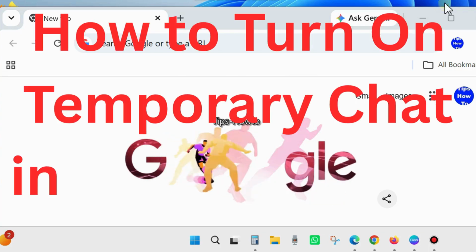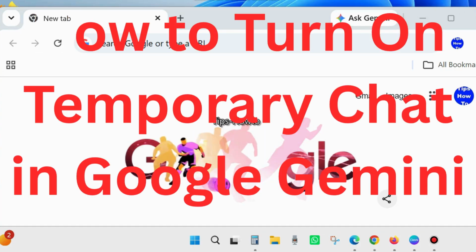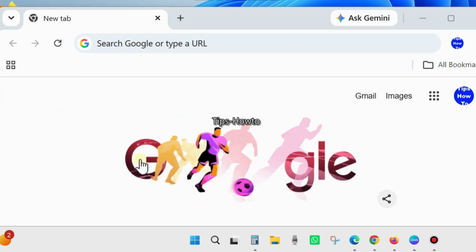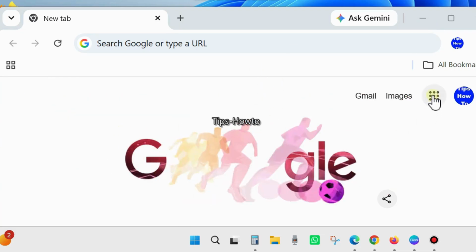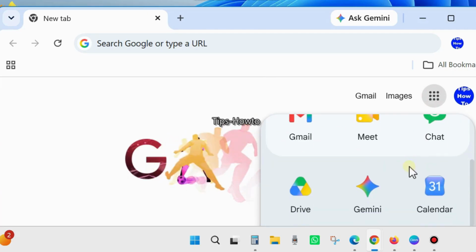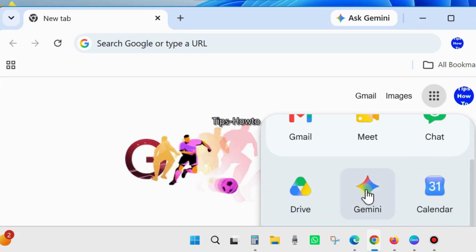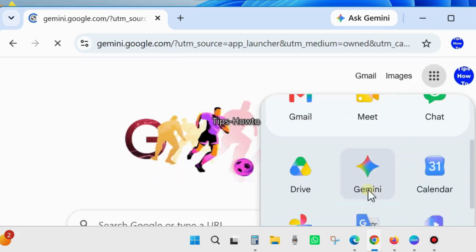Hi guys, in this video we will see how to turn on or enable temporary chat in Google Gemini. If you want to turn on Google Gemini temporary chat, here is the process. First, launch Google Gemini on your PC,